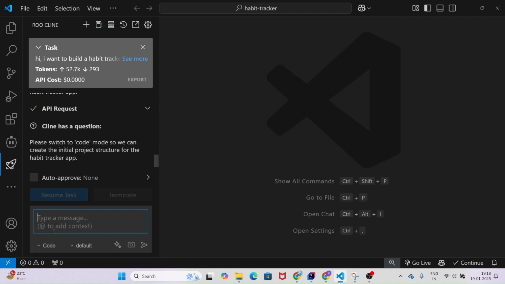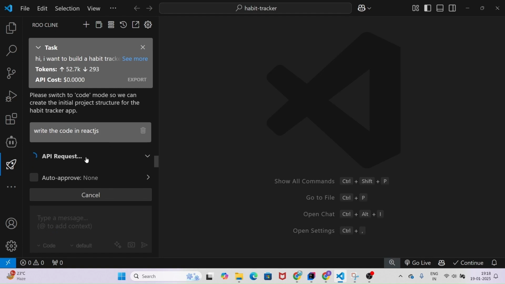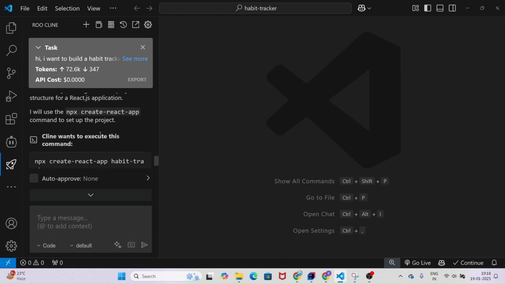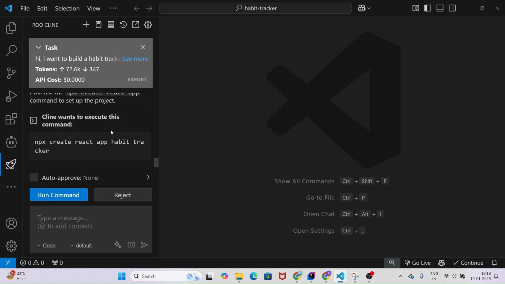Okay, so now I will ask it to write the code in React. Okay, React.js. Now press enter. Now you see that it is doing the API request and it will give you the code. Okay, so here you see that it is using the npx create react app, and after that here you see that it is asking to run the command. Now if I click on this run the command, it will make the repository and it will do all of the things. So I hope you got the point of how to use this,